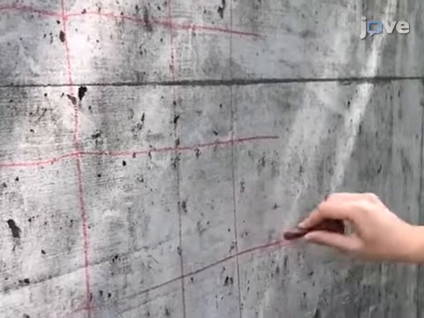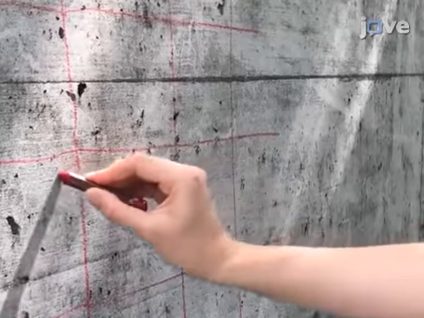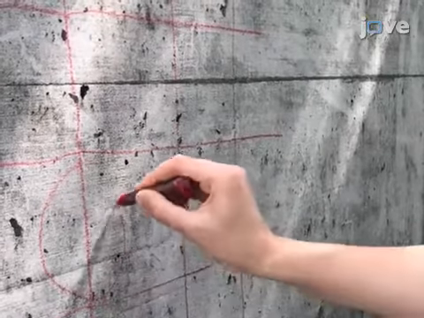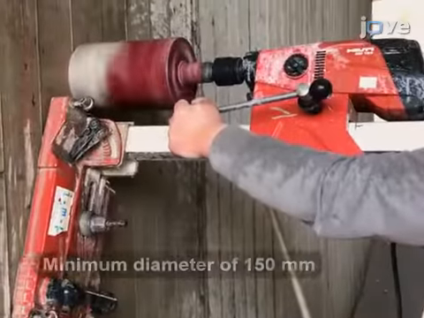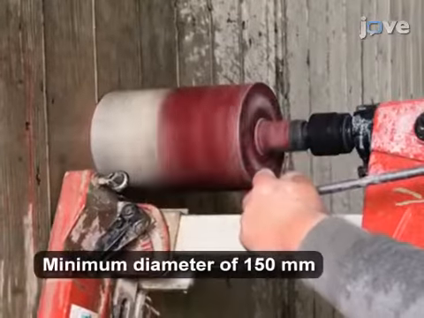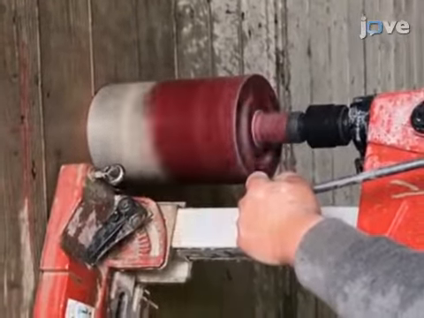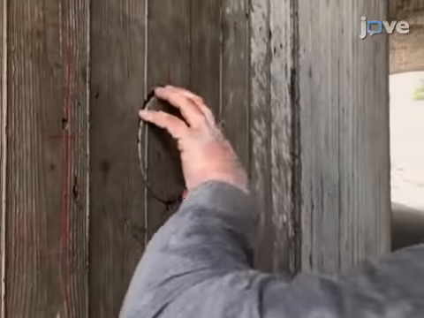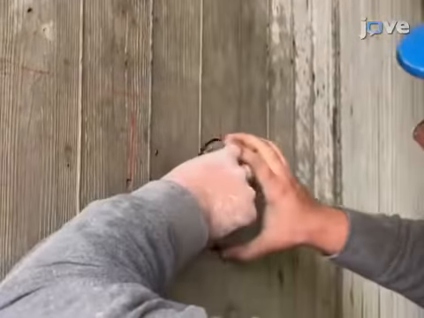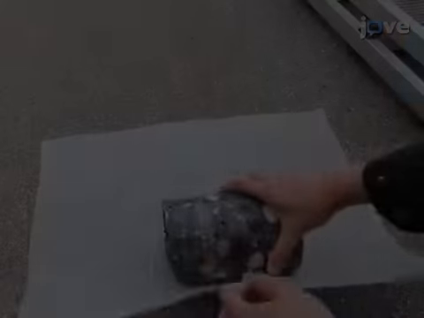Select locations for core drilling of cores with a diameter of at least 150 mm. Mark and label them on the concrete surface. Drill the concrete cores containing the segment of reinforcing steel according to common procedures and standards. After drilling, remove the concrete core from the structure, for instance, using a chisel. Finally, wrap the core